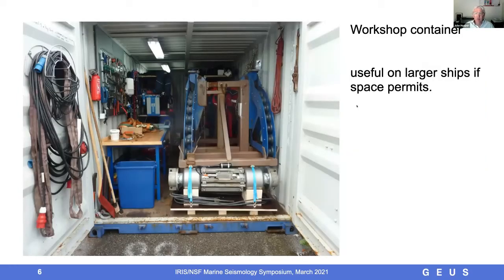If you are working on a bigger ship, we also have a workshop container, and that allows people to work on the guns or on the other things. So this is just a small cluster with two 520 cubic inch air guns.